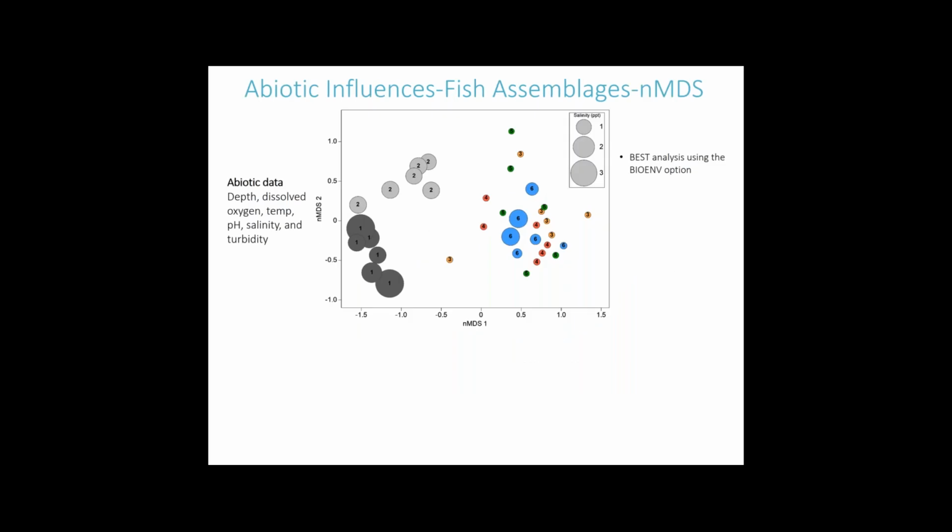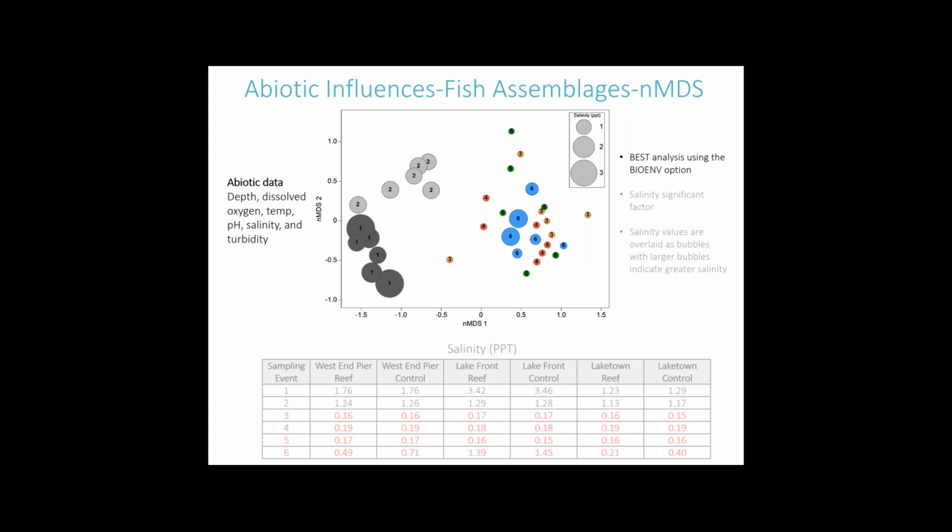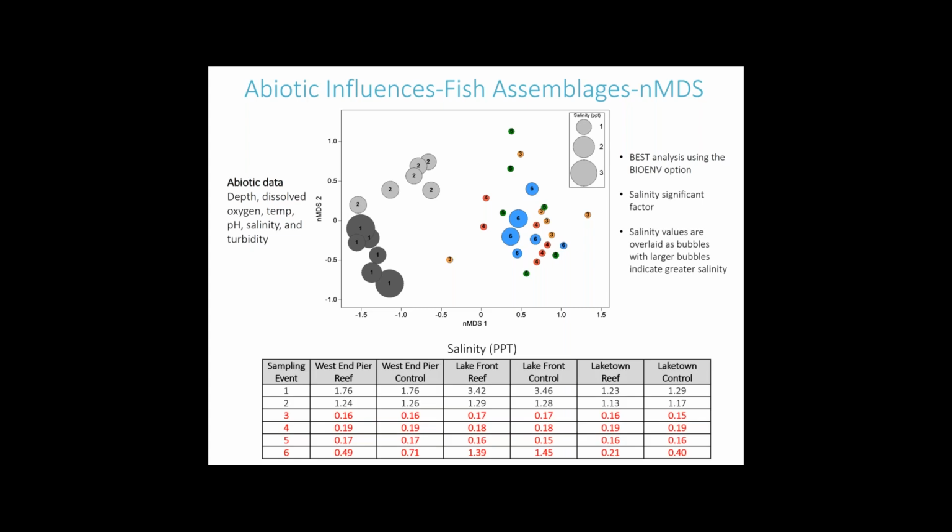What about abiotic influences? We ran a BEST analysis using the bioenvironmental feature in PRIMER, basically looking at the impact of individual abiotic factors on fish assemblage structure. This NMDS plot is the same orientation as the plot before, except that the size of the bubbles corresponds to a particular abiotic feature. In this context, this graph shows salinity, because salinity was the only significant abiotic factor playing a role in assemblage